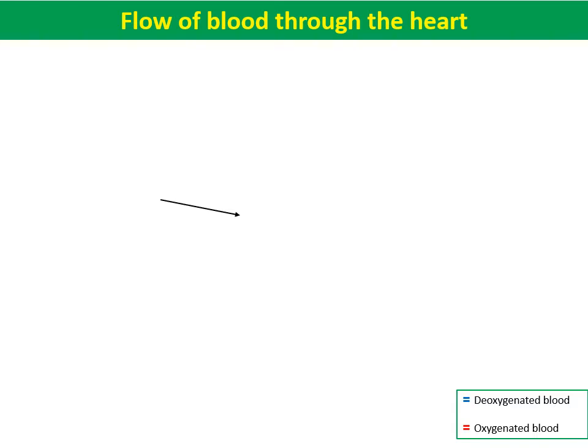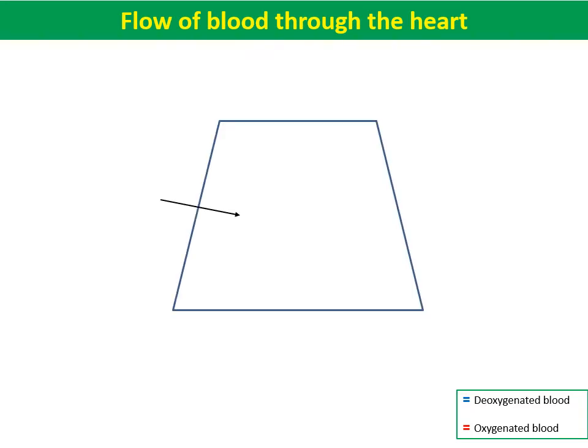So once again I will explain to you the flow of blood through the heart. This is just a pictorial representation. It is not the real anatomy of the heart. The anatomy of the heart was discussed in the previous slide. This is just for your understanding. As you all know, the heart is divided into four chambers: the right atrium, right ventricle, left atrium and the left ventricle. The right atrium and right ventricle, or the right side of the heart, contain deoxygenated blood, and the left side of the heart contains oxygenated blood.